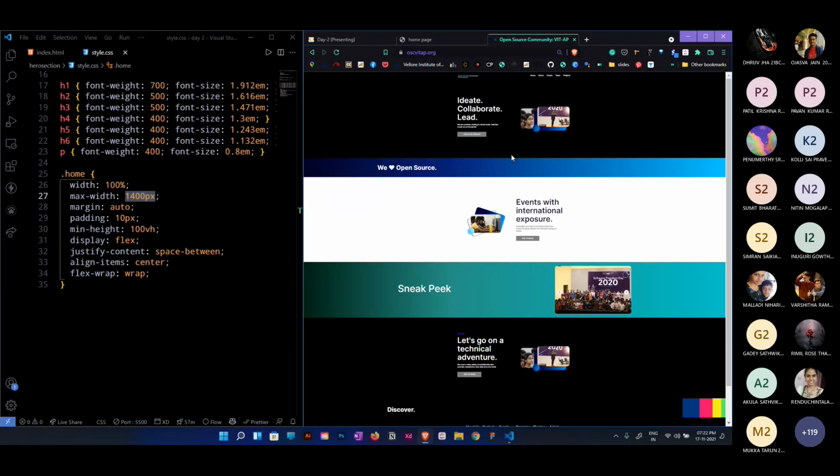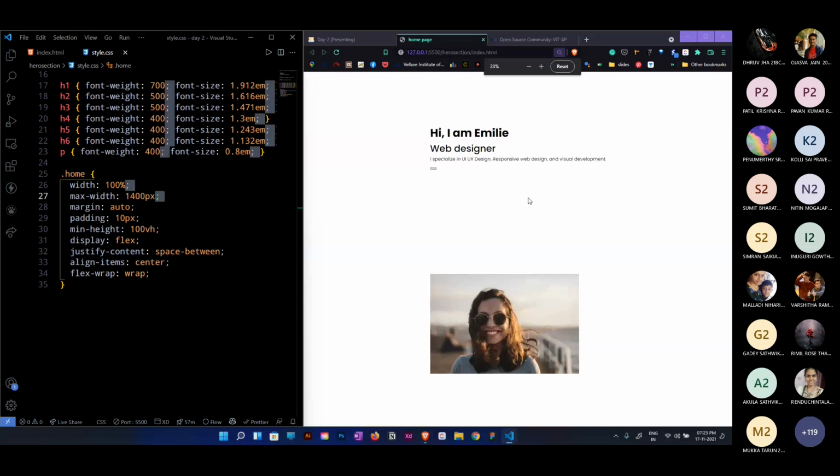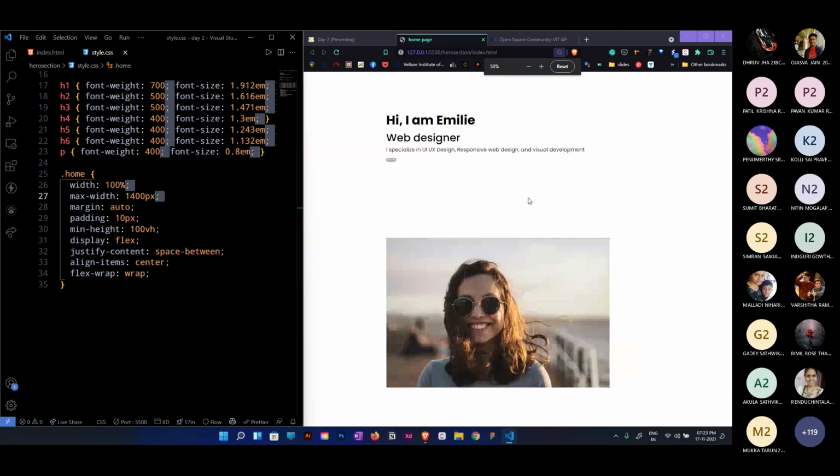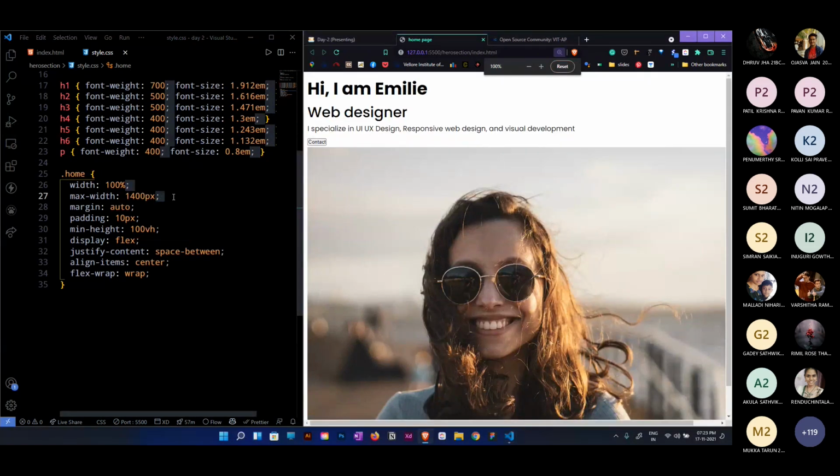Okay, you don't want your content to spread over on larger displays. It will not look good if you just show them a particular section only. This is the good thing to use. Even if you see here, when I zoom out, it will be just like that. I'll just set it to 100%.